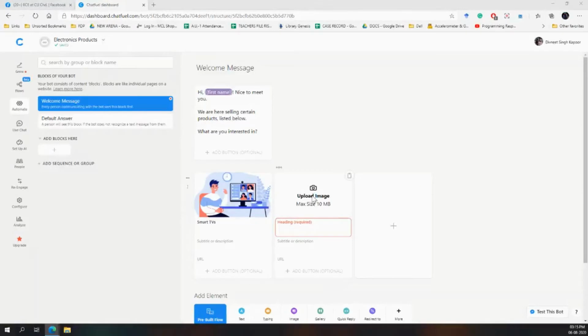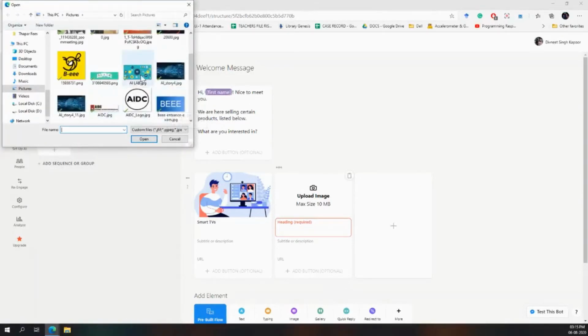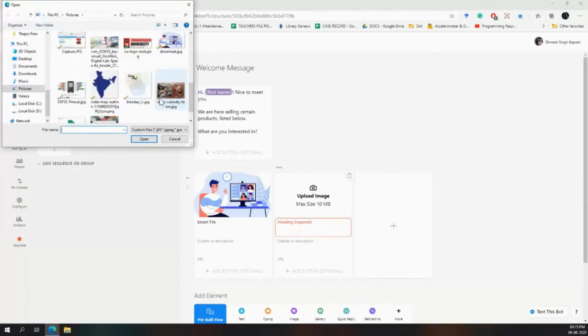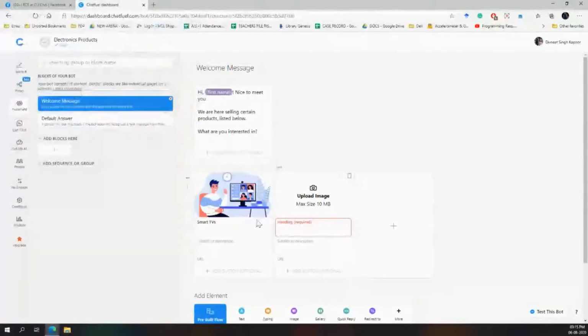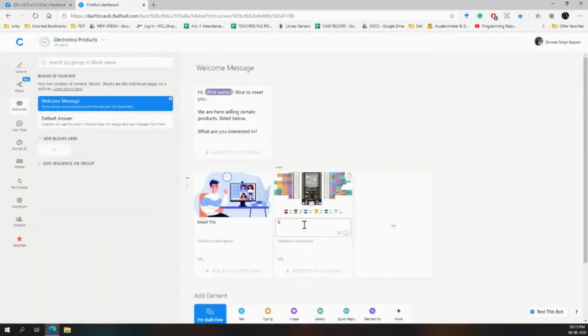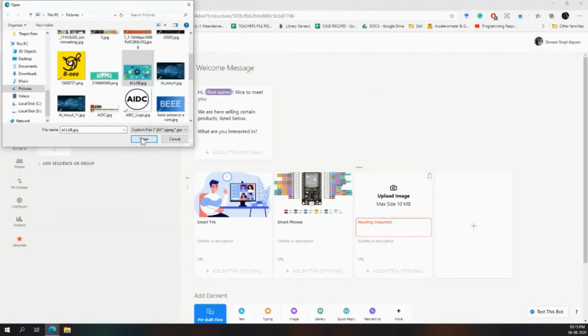I need to add another one. Let's say you can add and subtract any of the things. Let's say these are smartphones, right? And let's say I need to add some cameras for that. Let's say I'm adding this particular one.